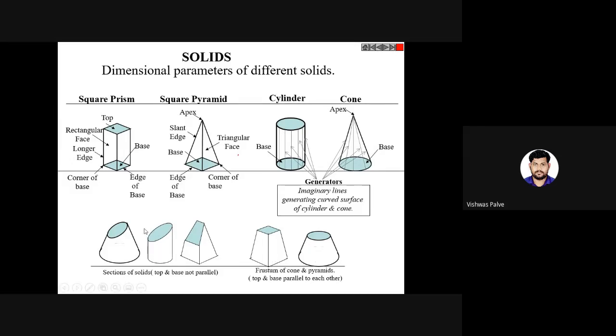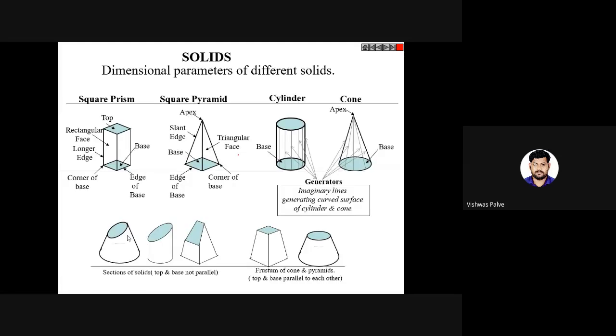The projection of frustums is not in your syllabus, whereas the section of solids, yes, this part is there. Only the assignment will be there for this part, section of solids. Because of lesser time, this topic has been eliminated. There won't be any question from this topic. We will be solving assignments as well as term worksheets on section of solids, but there won't be any question on the section of solids. But there will be questions on projection of solids. 2 questions will be there.